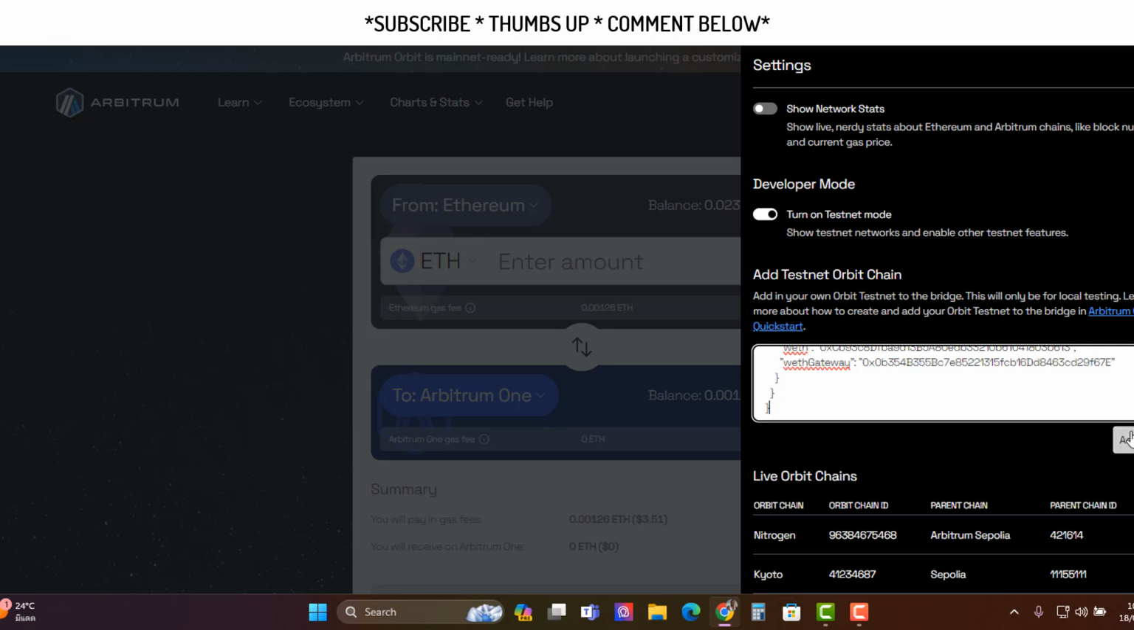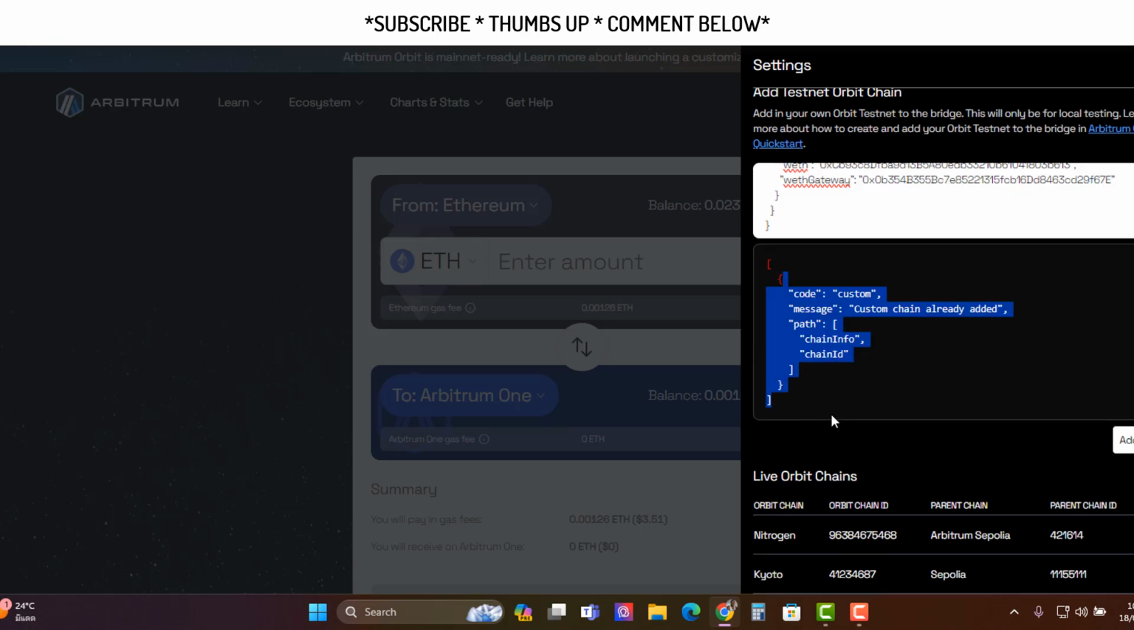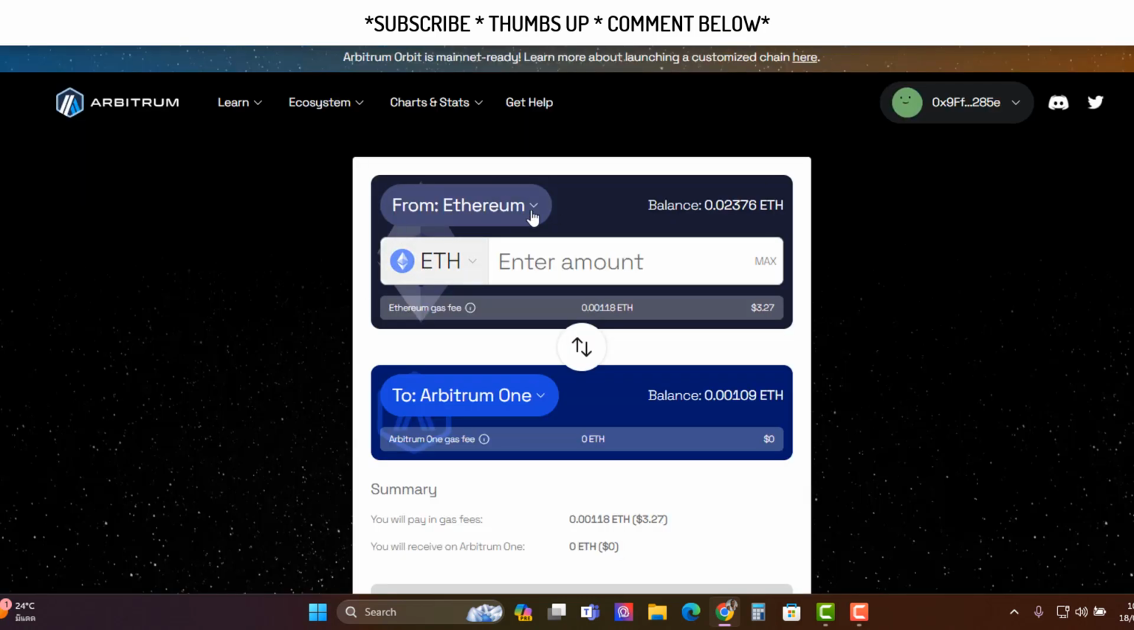See, I've already added it, so it'll give me an error, but you haven't added it yet. So you just click add chain. Now this is obviously giving me an error because I've already added it. It'll show up down here, okay, under thing. Now that you've added your Kyoto,